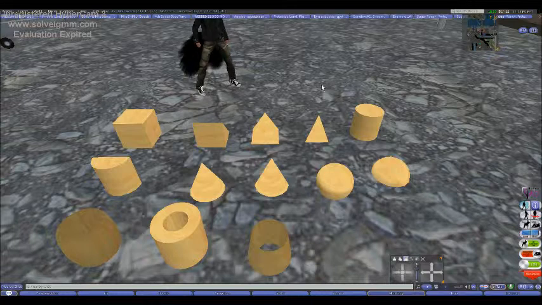Some of them are brought out in 3D modelers like 3D Max or Blender. They have primitives. They have the building blocks inside those programs, and you use them to later model what you want. And you can bring it in world, but as for the default in-world building blocks, this is what you have